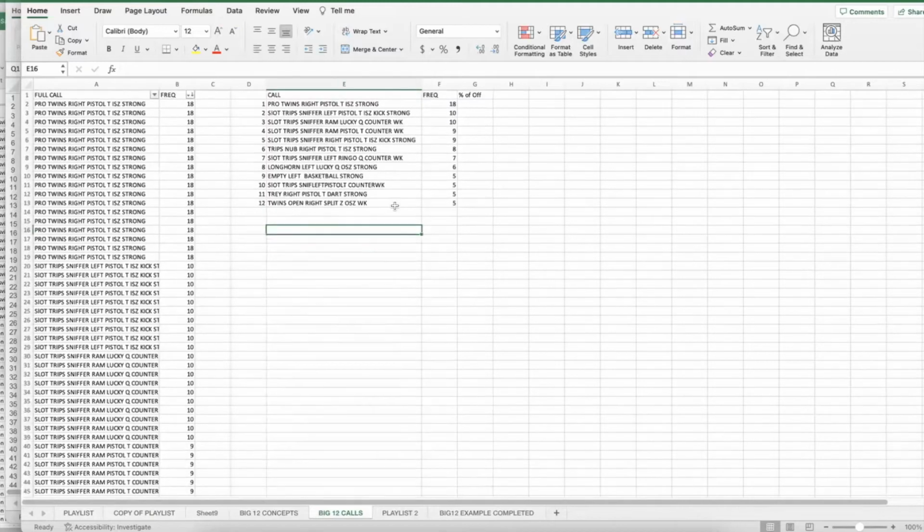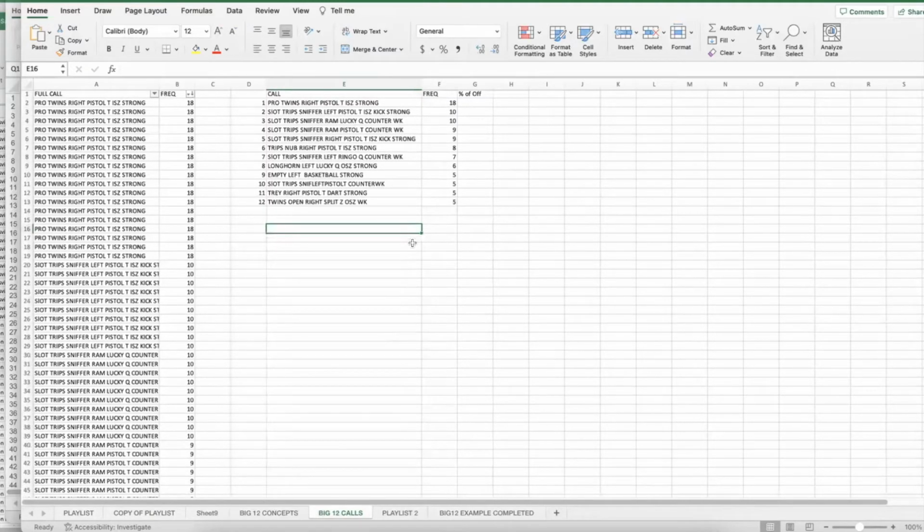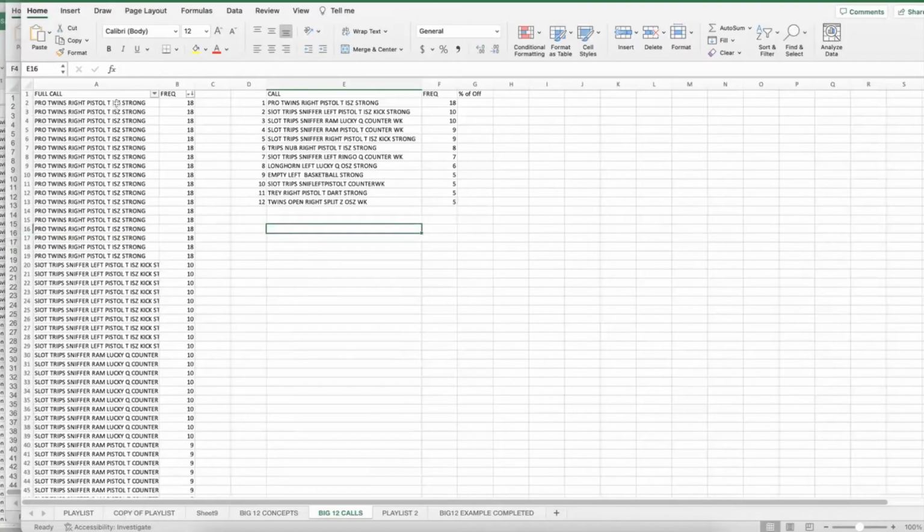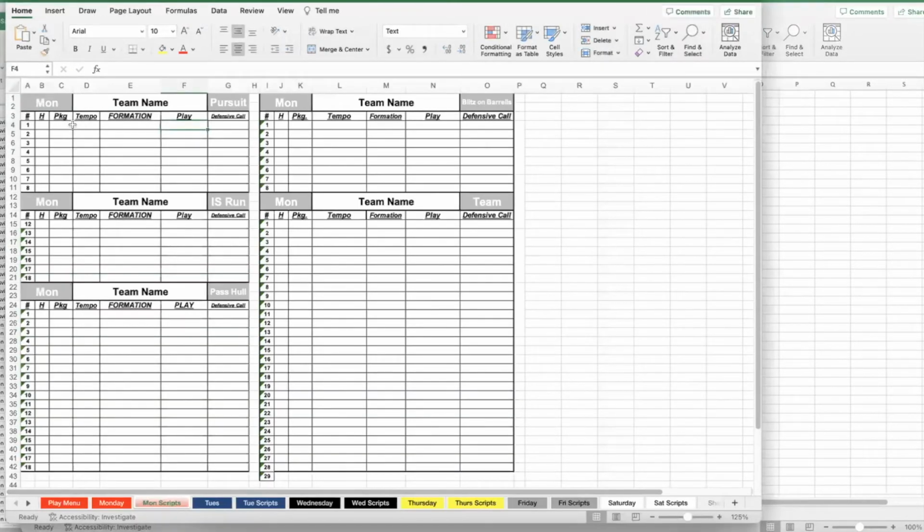All right. And then I start filling this in. Now, I said most teams, you're going to get 8 to 14 calls to give you all the information. Not in this case. This team uses a lot of window dressing, a lot of formations, a lot of little adjustments. So what we're going to do is we're going to use this data to fill in our scripts. All right. So I'm going to go into our practice scripts and I'm going to fill this in. So if I know they ran this formation and play strong 18 times, I'm scripting that and we're going to have a card.